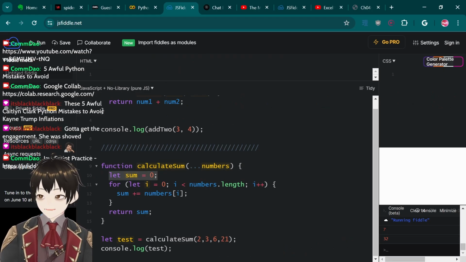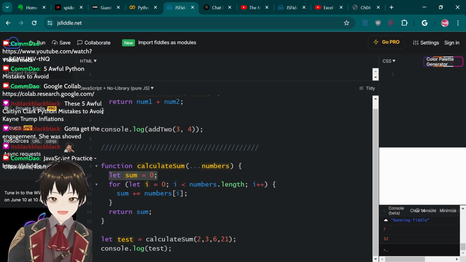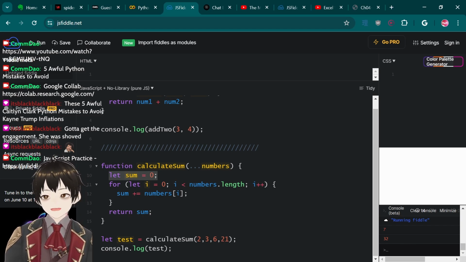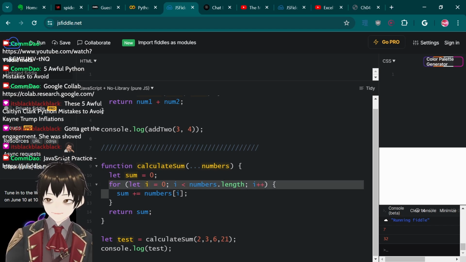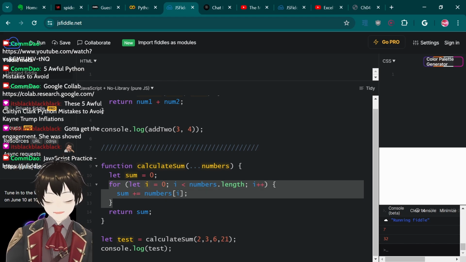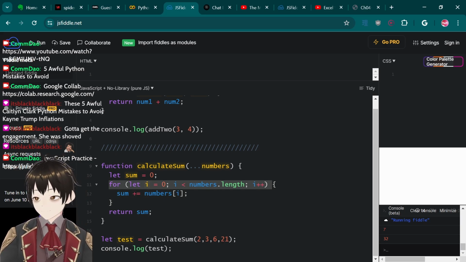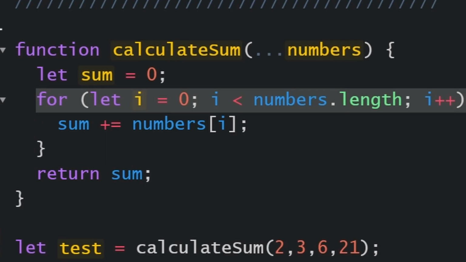Because we haven't added any numbers yet, our sum is 0, right? Our starting point is 0. This next thing looks really, really intimidating, something called a for loop. I think most people, when they try to explain this, try to explain it in a really scientific way, in the most quote unquote accurate way. What helped me is just learning that this, for let i equals 0, i is less than numbers.length,